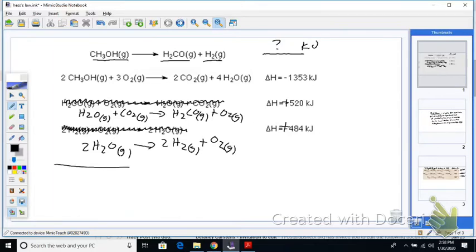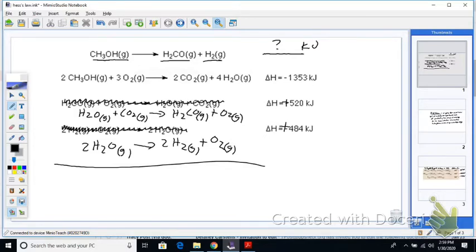Now, if we add these up, we've got to get the numbers right. How many CH3OHs do we have on the left side in the reaction we want to find the enthalpy of? One. And here we've got 2. Okay, that's good. We know it's double. Now we're going to look at H2CO. There's just one of those. Is that right? Yeah. And then we've got the H2. There's 2 of that. So this is what we can do.